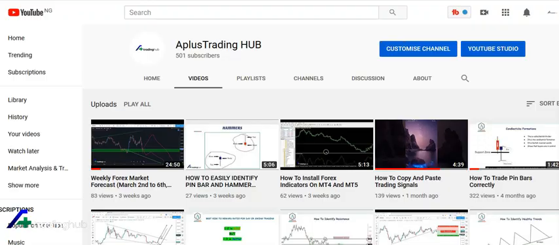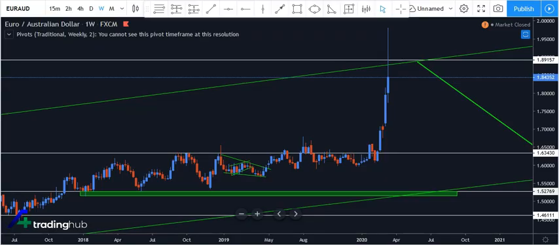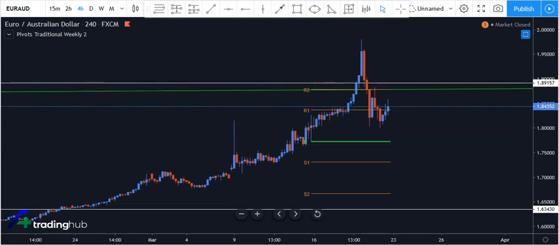Alright, so let's start with Euro AUD. So we start from the weekly. Last week we got a good price rejection from the 1.8915 zone. So price traded all the way up here and closed below the zone. So this week we are looking for selling opportunities on Euro AUD. So here is the 4-hour chart,